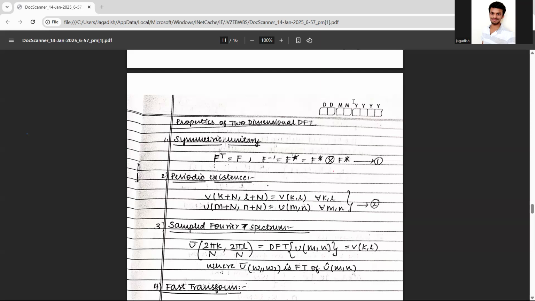In module one, only distance measures are left. I will do distance measures and Hadamard transform on Monday. If I take like 40 minutes, I can complete that. So modules one and two will be completed by Monday. Module three we will start from Tuesday. I will try to complete module three and the first half of module four by Saturday, taking 2 hours, or else I will complete module four by Saturday. And Monday, Tuesday, we will see